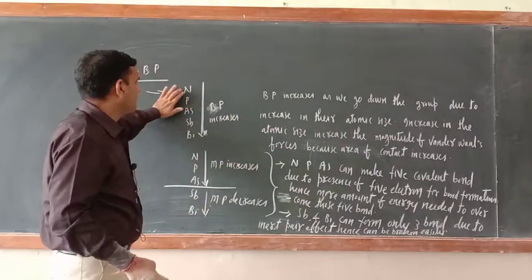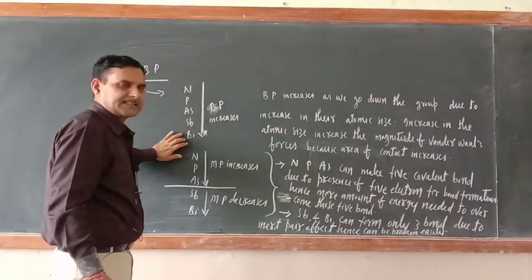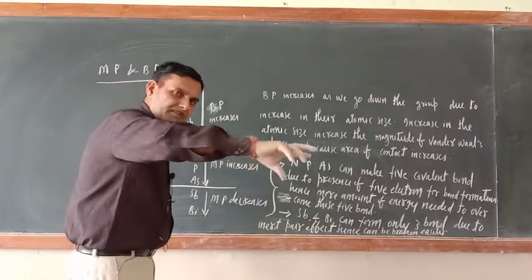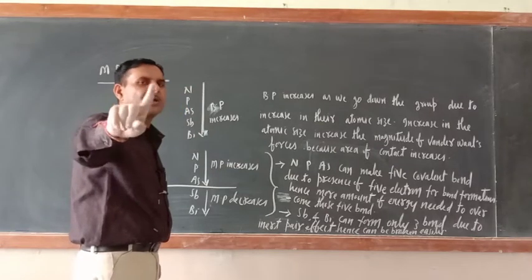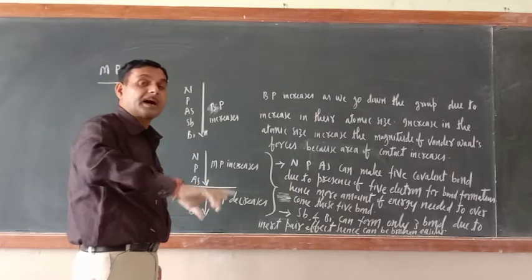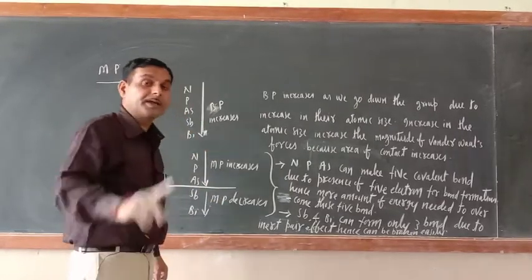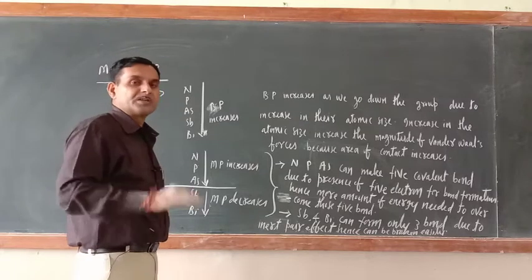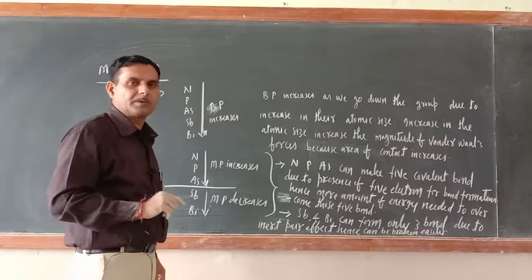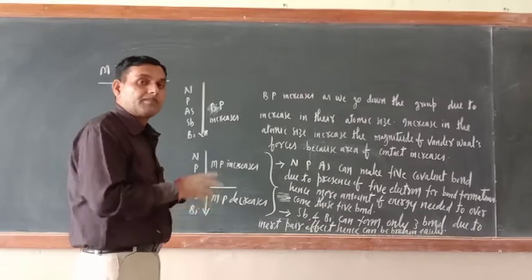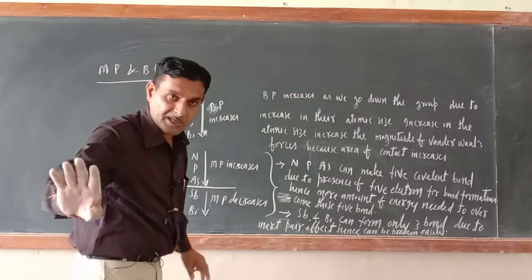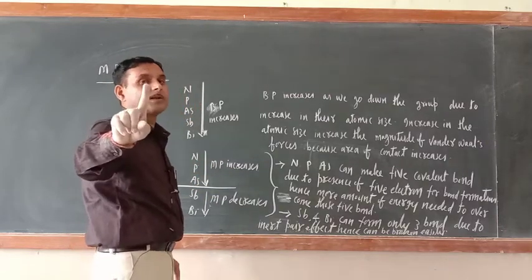So just take any particular example. Let us take bismuth. So bismuth atomic size is more. Remember, melting point and boiling point is not a property of individual atoms. They are the property of collective atoms as a whole. Okay, suppose you have taken water. When temperature reaches 100 degrees Celsius, do you think that only one molecule of water will boil? All the molecules of water will boil because their intermolecular forces are broken. Okay, so remember, it is not a property of an individual atom.